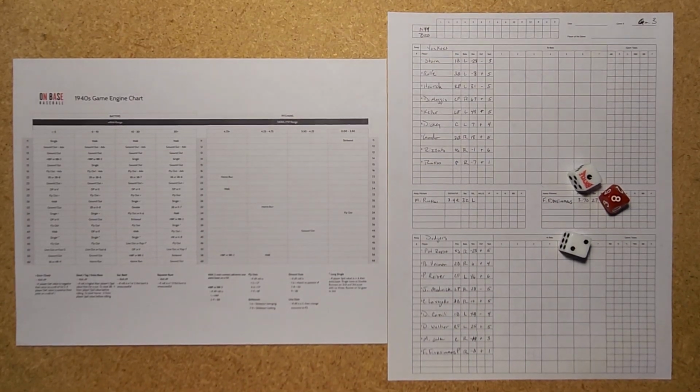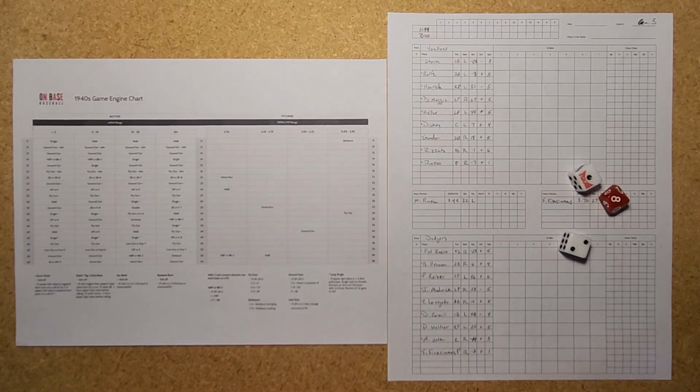Right, welcome back to Game 3 of the 1941 World Series replay. This will be using the game On Base Baseball, and this is from the new 1941 On Base Baseball set, which you can pick up at